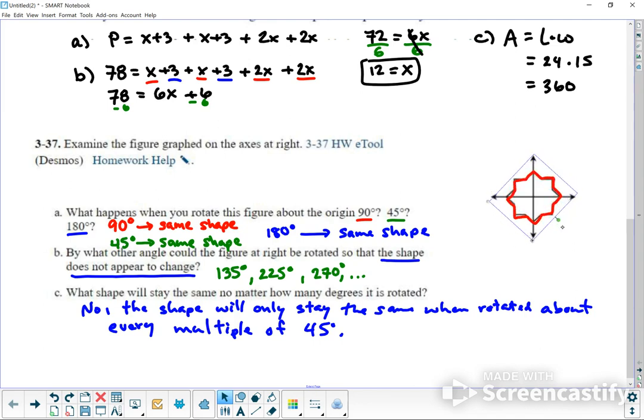Okay. 445 degrees, you get that. 545, you get this. 645 degrees, 745, and 845. That's 360. Okay. If you only rotate it, let's say 10 degrees, it's going to end up looking like this. That's about 10. See how it doesn't line up? You rotate it 80 degrees. Okay, 90 is all the way here, but 80 degrees is about right there. So it doesn't line up. So they will only stay the same shape when